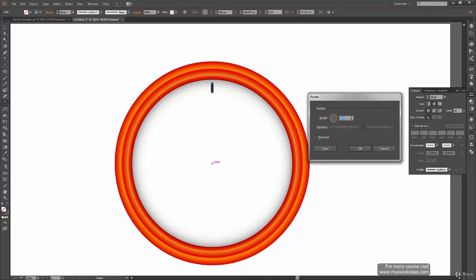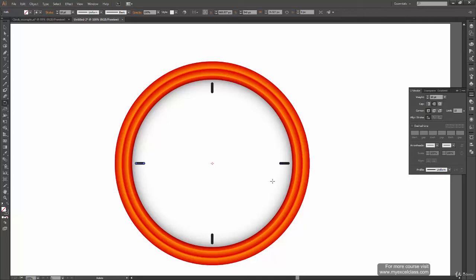Okay, so from here the advantage of this option is that I get very precise values which I might not be able to achieve using the mouse. So type -90 over here. You can have a preview again to see if that is exactly what you wanted. And once it is done, you can click copy and press Ctrl D 2 times to duplicate it.